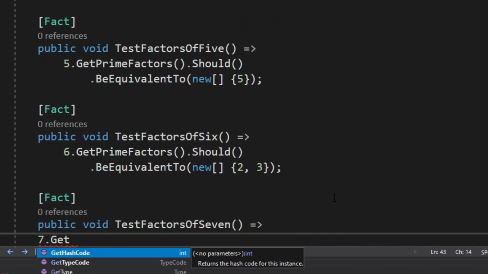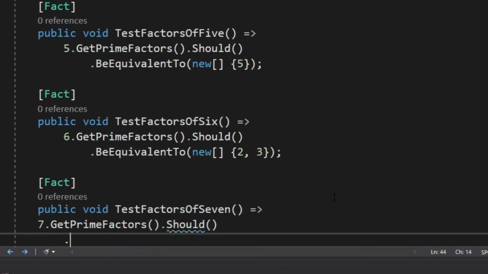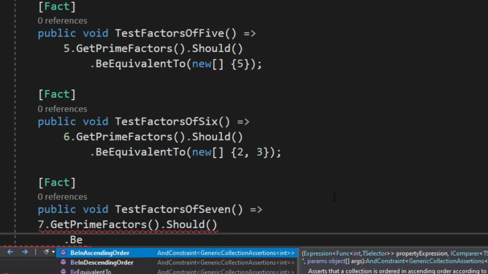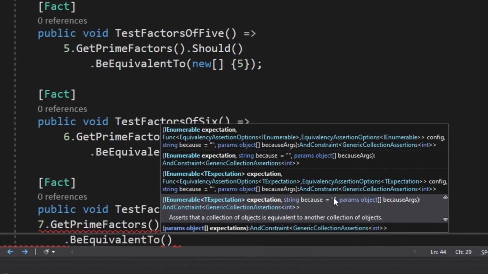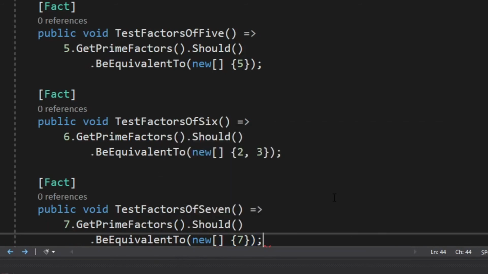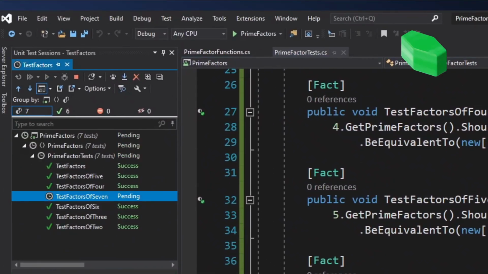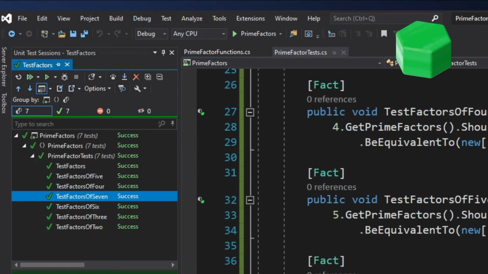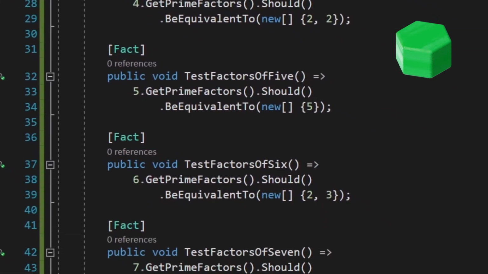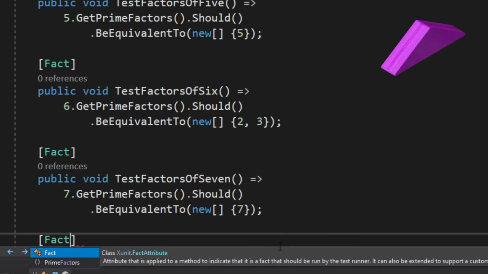Use the extension method, get prime factors, should, and be equivalent to new array, and then 7, as 7 is a prime number. So let's go run the test, and we pass. Okay, refactor. We've not really added any code, so next test